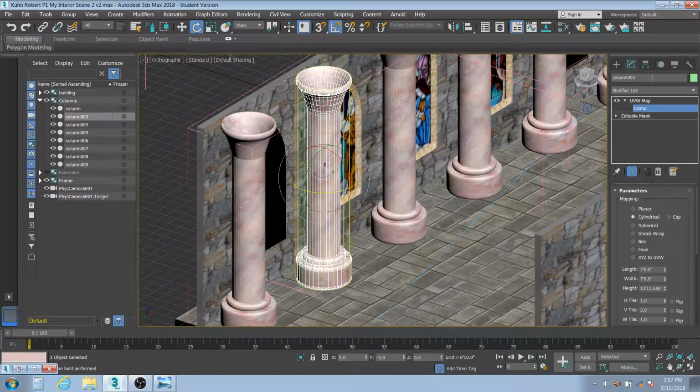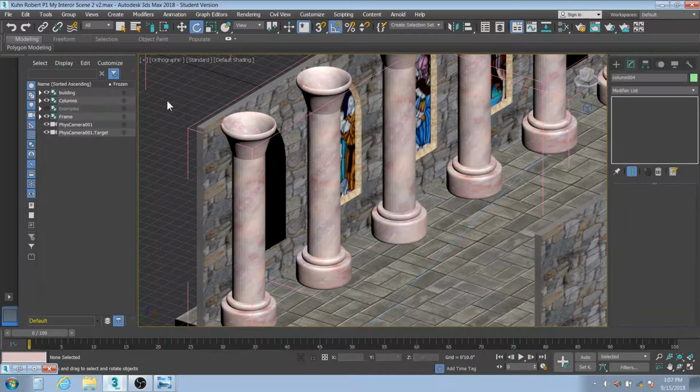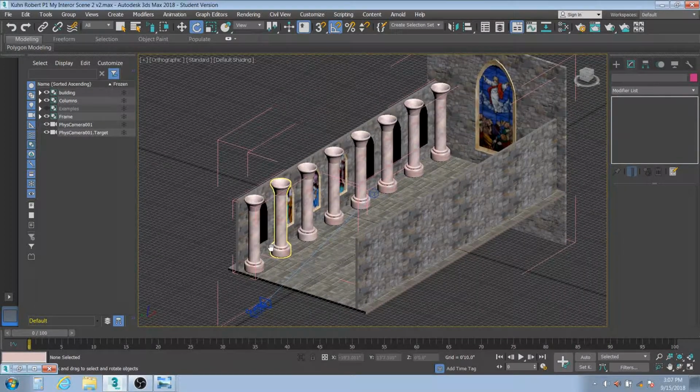Okay, so let's say if I wanted to go to another one, and this one, maybe what I'll do is I'll change the tiling a little bit on it, right? And or change the gizmo a little bit on that, just to mess it up a little bit, just to change it a little bit so that they're all not the same. Okay, and so once I've got those columns all done there,